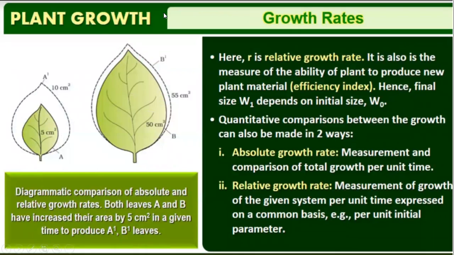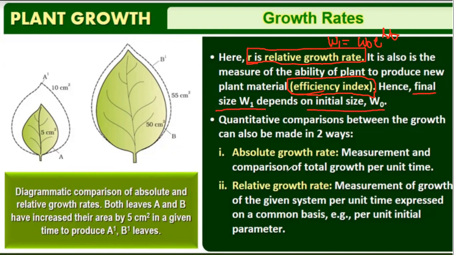So this is the growth rate continuation. In the last part, you have studied that W1 is equal to W0 e raised to rt. Here r is the relative growth rate. It is also the measure of the ability of the plants to produce new plant material, that is, the efficiency index. And here the final weight or final size W1 depends on the initial size, that is, directly proportional,